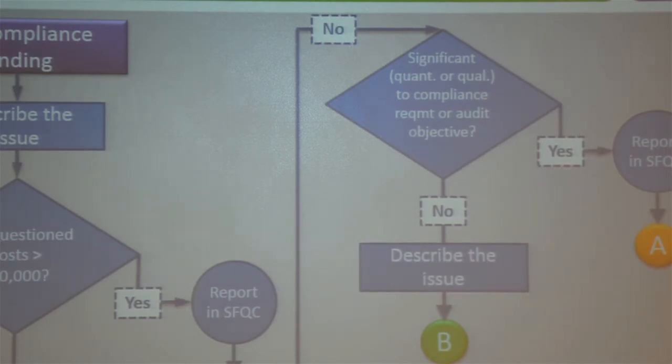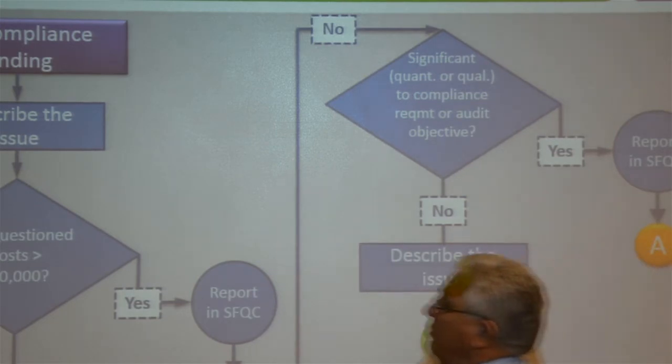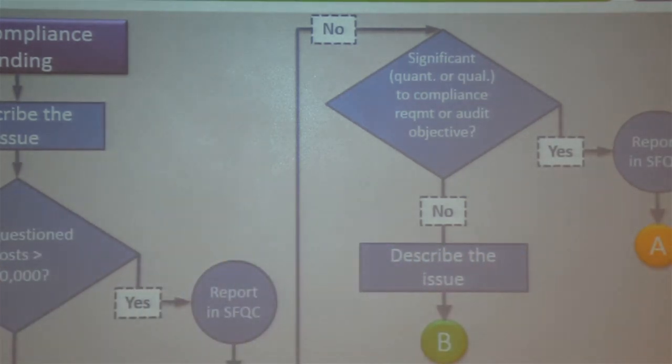Is this item of non-compliance resulting in a questioned cost greater than $10,000? Why $10,000? Well, because that's the single audit limit, first of all, right? If you have an item of questioned cost $10,000 or above, it's a finding. We also know our HUD limit's $10,000. So for us, this is technically, I guess, a little bit of an arbitrary statement of significance.